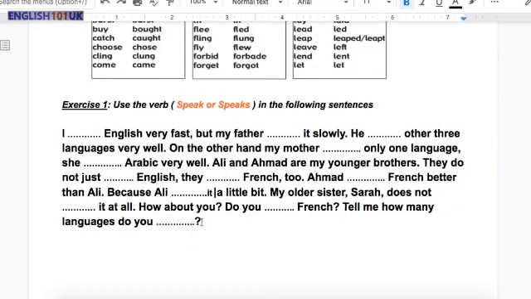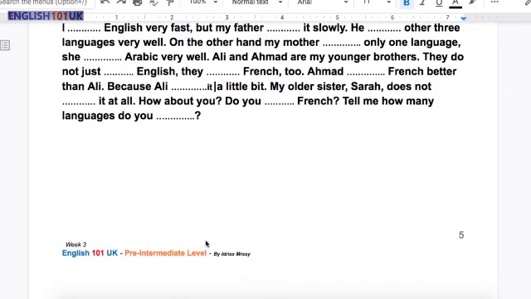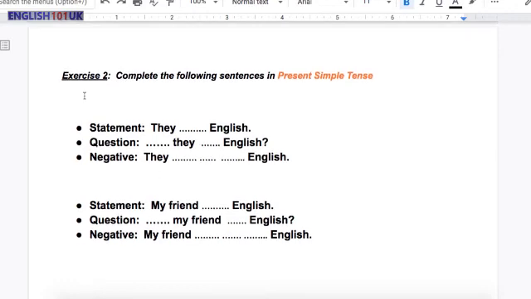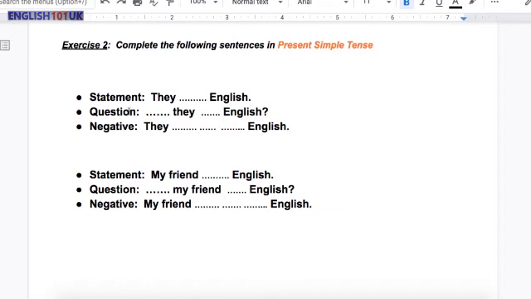So let's move to our exercise number 2. It says complete the following sentences in present simple tense again. So you have a statement, question, negative. They, something, English. And they have statement, question, negative again, but this time with my friend. Okay, fill it and